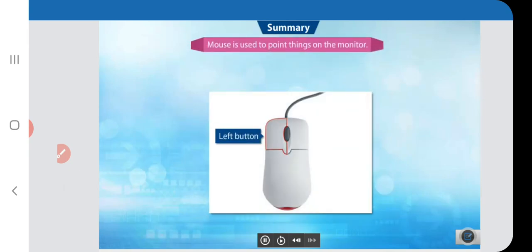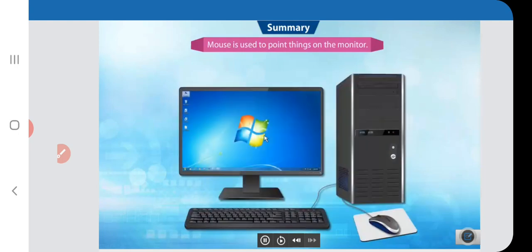Let us summarize what you have learnt in this video. A mouse has a left button, right button and a scroll wheel. Then we have learned that the small blinking arrow or cursor is called the mouse pointer. Then the place where the mouse is kept is the mouse pad, the surface. So this is all we have learned in this chapter, and how to hold the mouse properly.